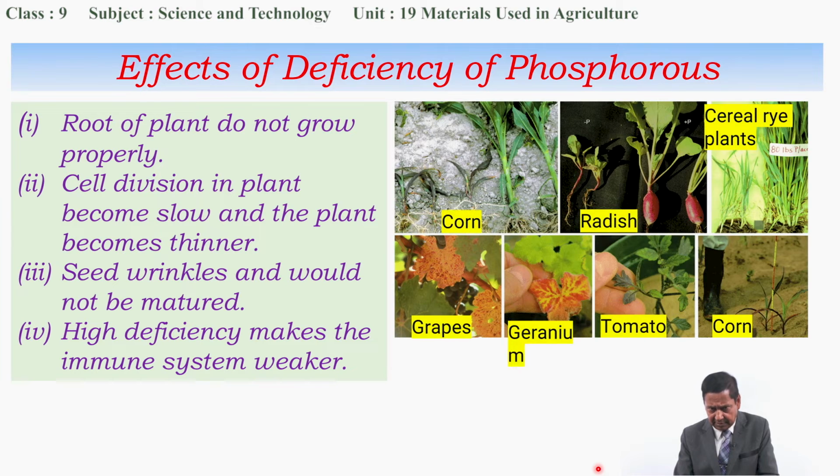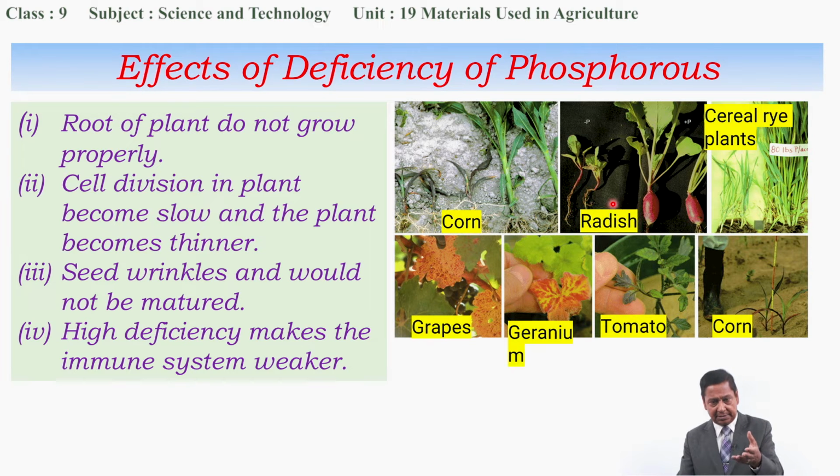Now I want to show some picture. Look at this. In each of the picture, the deficiency of phosphorus is shown here. In first picture, we have two different types of corn, the same corn. Here it is very weak because its root is very weak. Here it is well grown. Here this corn plant have deficiency of phosphorus, but these corn plants have no deficiency of phosphorus. This is the difference. Difference is shown here. Because of the deficiency of phosphorus, these two are grown very immaturely, and this is matured and healthy